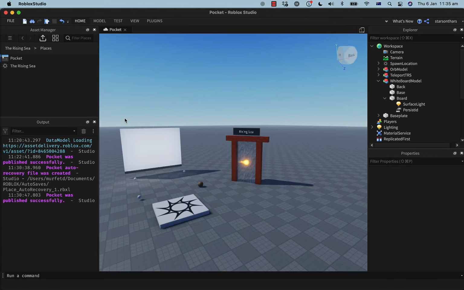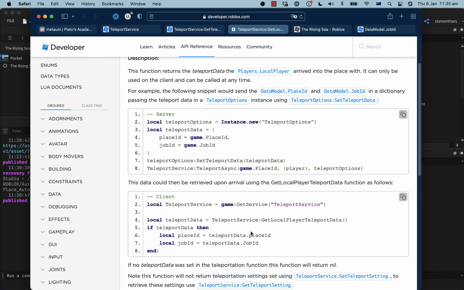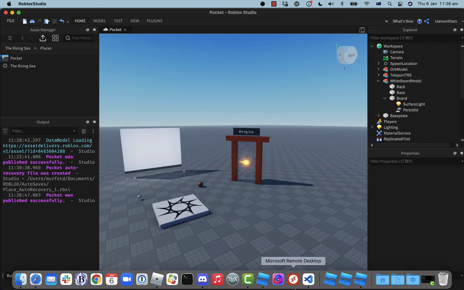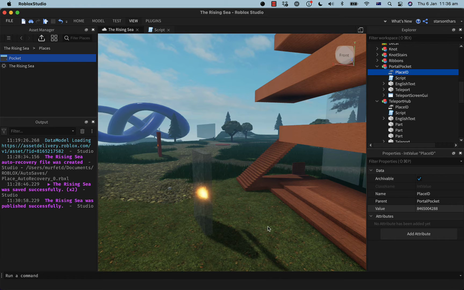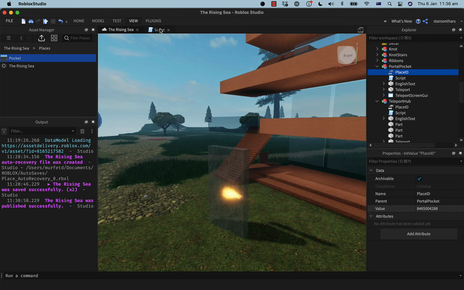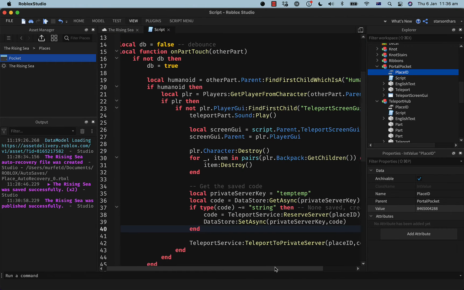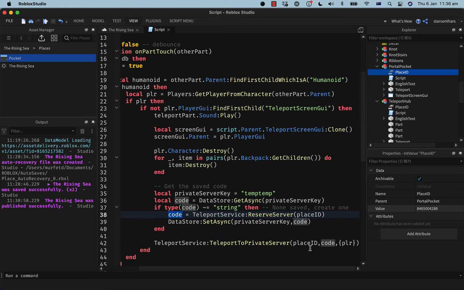What's the difference between the job ID and the place ID? The place ID is, I mean, there could be multiple copies of that place as private servers, right? For instance, if you have many players in a game, but that will be unique. So I could even put them back in front of the particular portal they went through, right? But the code I've written so far doesn't get the job ID, just the code.